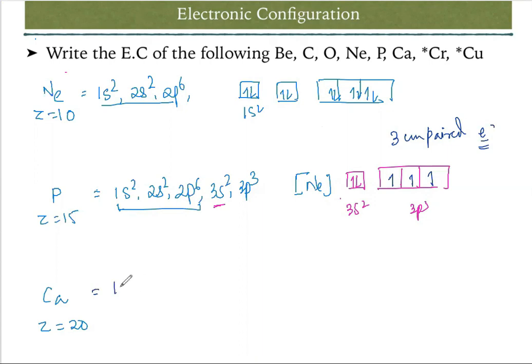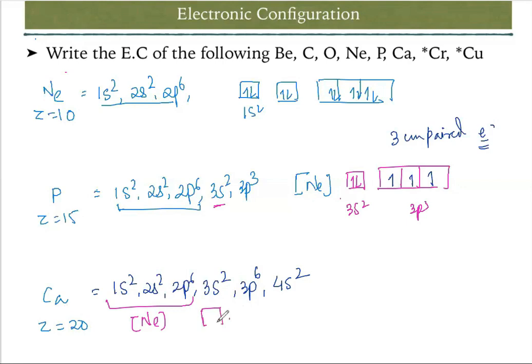Next we'll go to calcium. So calcium is 1s2, 2s2, 2p6, 3s2, 3p6 and 4s2. So you calculate, that is total 20. So we'll write the box diagram. So what is the nearest noble gas? That is neon, 10. This is your neon electronic configuration. So neon is done. For 3s, you just write 2 electrons, 1, 2. For 3p again 1, 2, 3, 4, 5, 6. 4s2 is 1 and 2. Okay, so 10 plus 2, 12 plus 6 plus 2, 20.